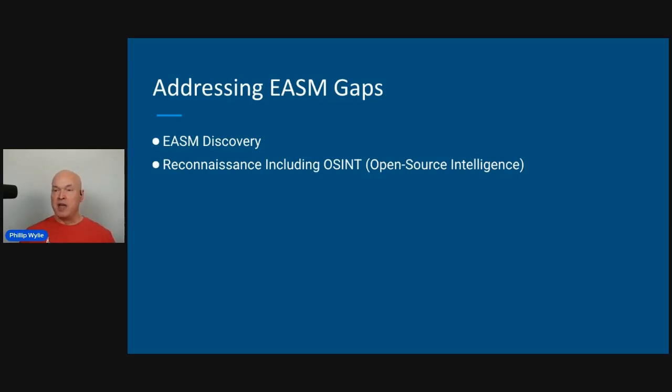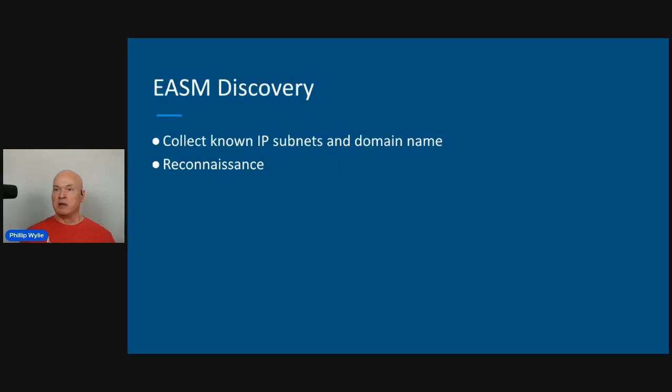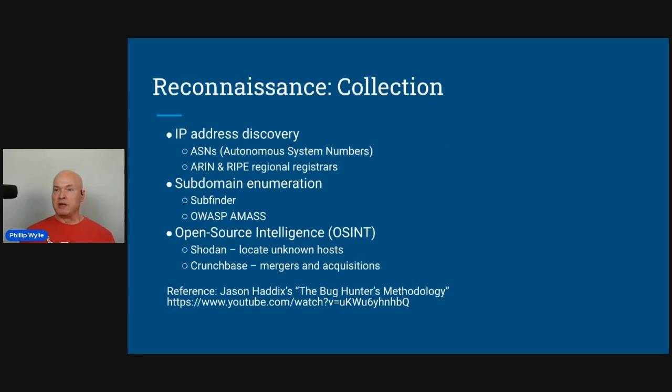You can find APIs that may be in use that you don't realize. So make sure not only are you doing your discovery, you're also throwing in some OSINT along the way. During your discovery, you're going to collect all known IP addresses and domain names, and then you're going to do your reconnaissance against those. So you do the discovery, you collect the known IPs, and then you do your reconnaissance using different types of tools, including Amass.